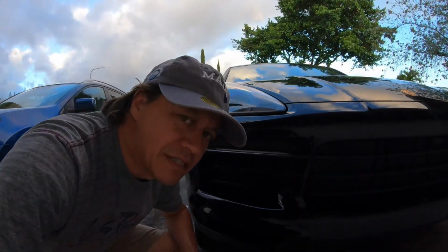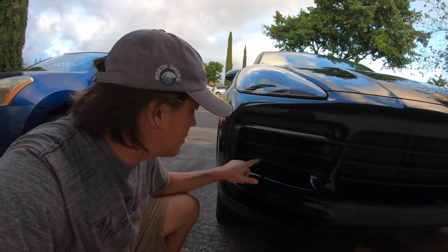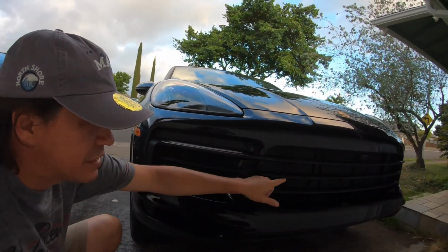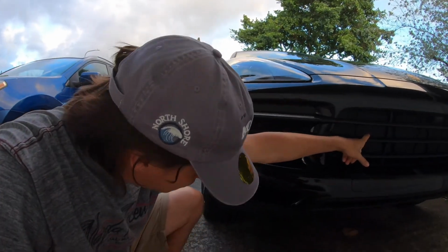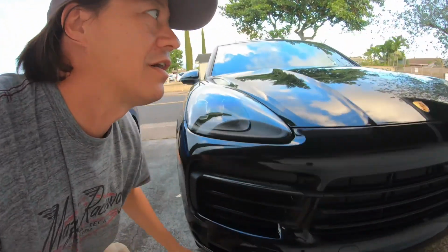Okay, so this one has a lot of the same effects as the other car. These little vents open and close as you're driving, same with in the radiator. That way it's more efficient for cooling. The car's got a pretty big lift, it's high off the ground. Now, interior wise, it's not too much different, but